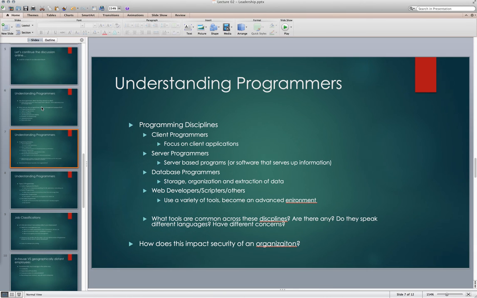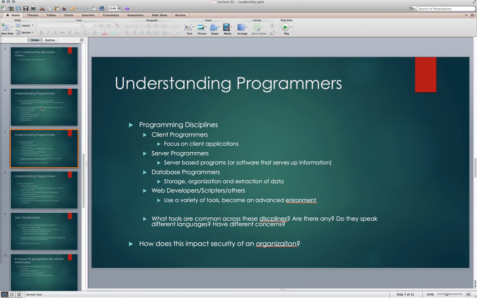So the first one is programmers themselves and the programming disciplines. I can speak from experience that when I work with other programmers, and myself included, there's usually one discipline that is my claim to fame. This is the thing that I think I'm the best at. And I often see that with other programmers. While I meet a lot of programmers that say, yes, I can do a lot of things in a lot of different environments, there's usually one thing that stands out as the best. I do a lot of web development, so that's typically the thing that I stake my flag in: I am a good web developer because I've done it for a very long time.